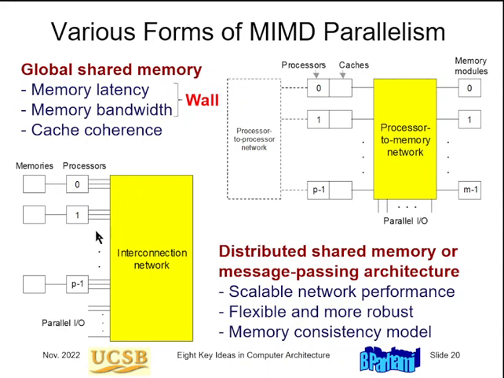and that would take longer time to access depending on where the data is. So local data is accessed quickly, remote data takes more time, and in fact the time may be dependent on where exactly the data is located, and it also depends on the structure of this network.